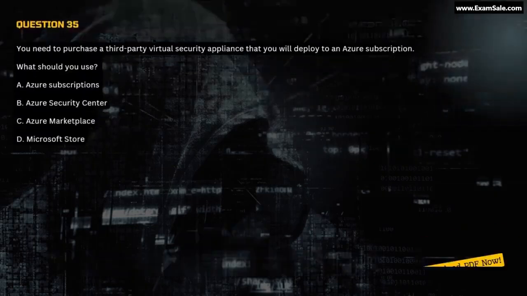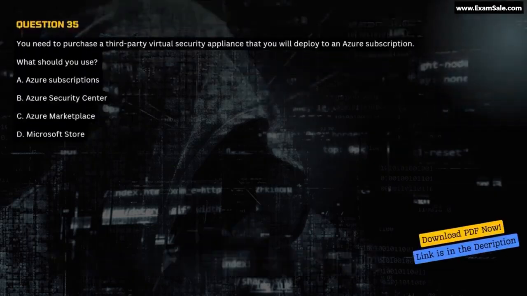Question 35. You need to purchase a third-party virtual security appliance that you will deploy to an Azure subscription. What should you use? A. Azure Subscriptions. B. Azure Security Center. C. Azure Marketplace. D. Microsoft Store.